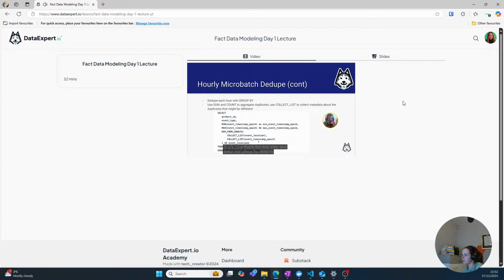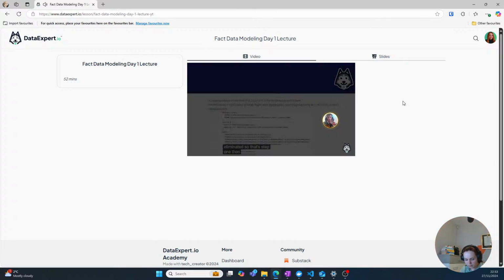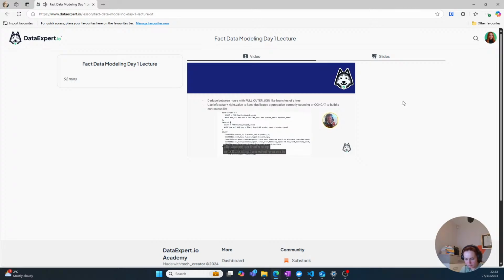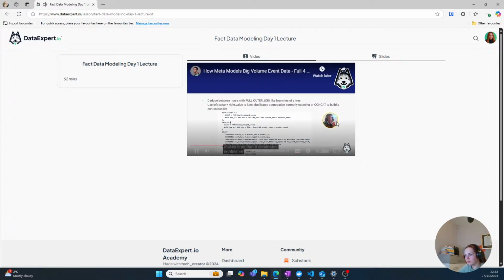And what this group by does is it eliminates duplicates within an hour. So within the hour after this group by, all the duplicates are eliminated. So that's step 1. Then step 2, what you do is you do a full outer join between hours 0 and 1, or hours 2 and 3, or hours 4 and 5, etc. And then what this full outer join does is, again, it eliminates duplicates that are